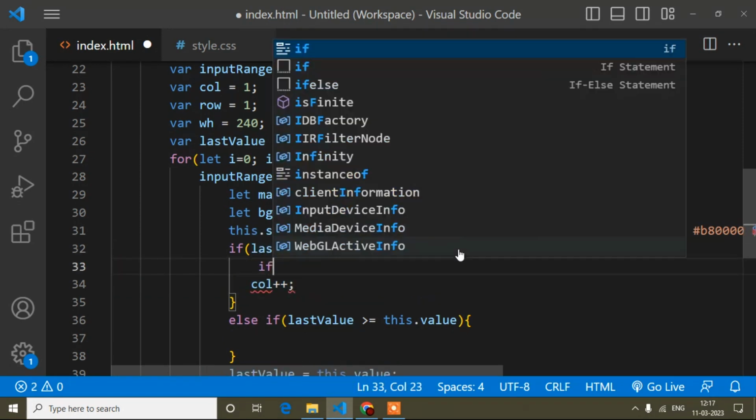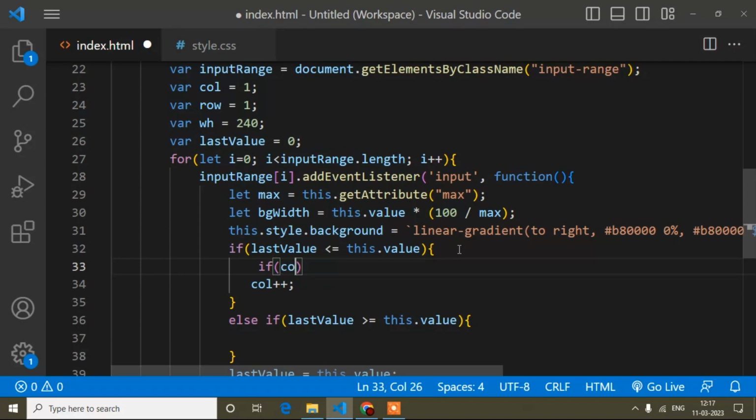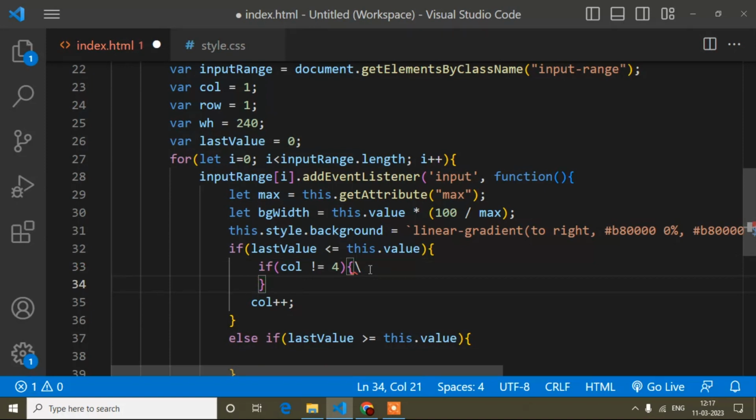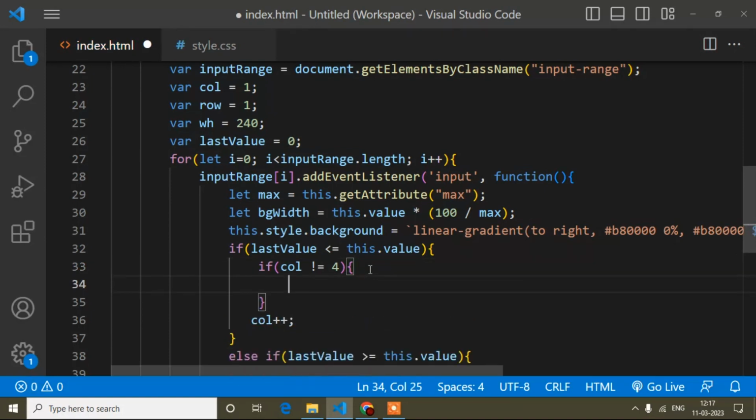So if call is not going up to 4, not equals to 4, then it will increase.